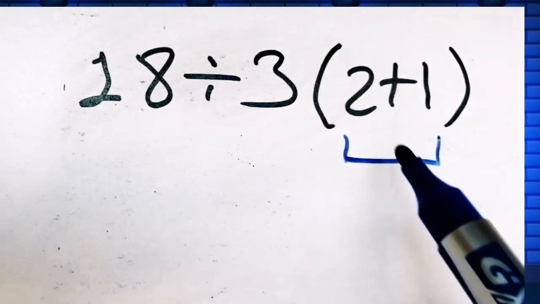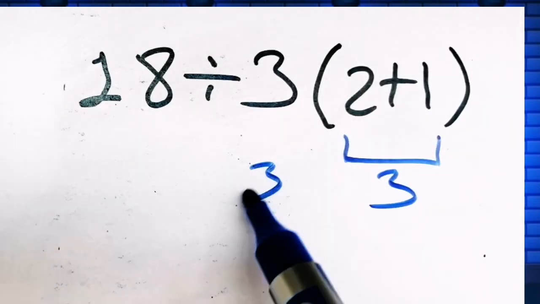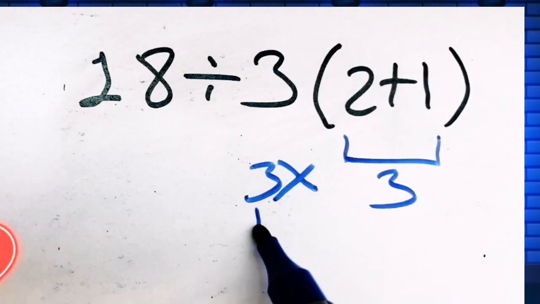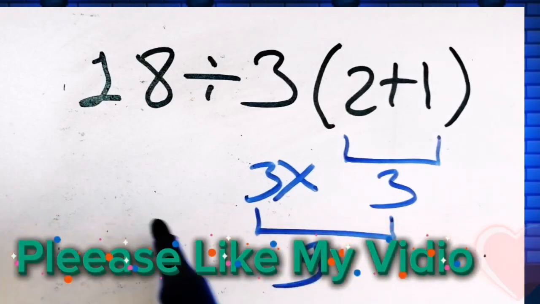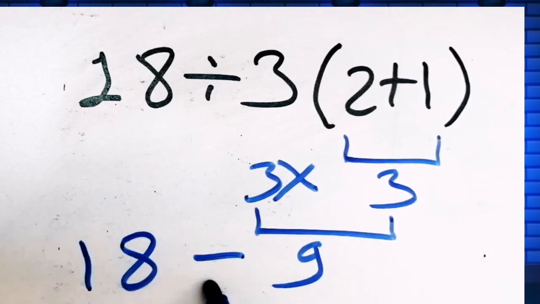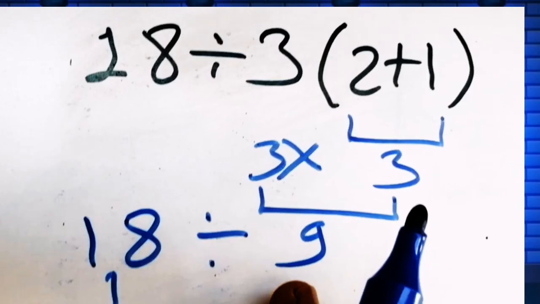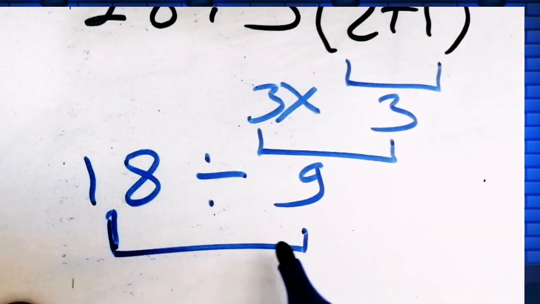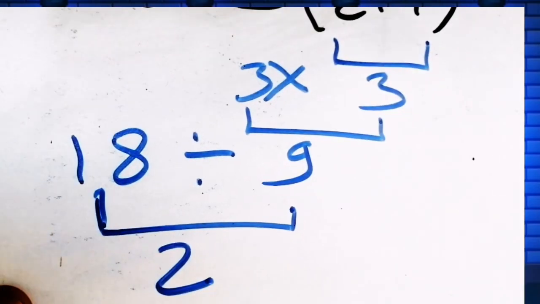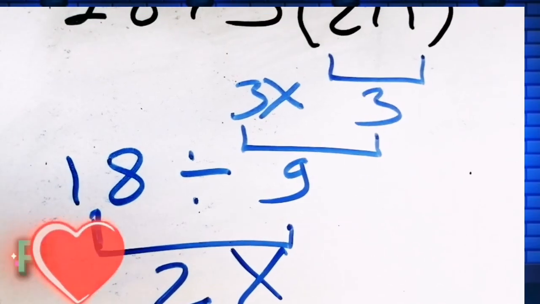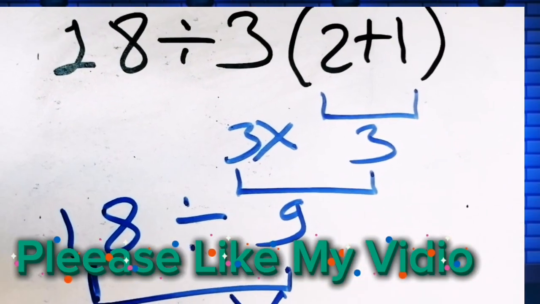2 plus 1 which equals 3. Then 3 times 3 which equals 9. Here 18 divided by 9 is just equal to 2, okay? But this answer is not correct, because according to the order of operations PEMDAS, first we